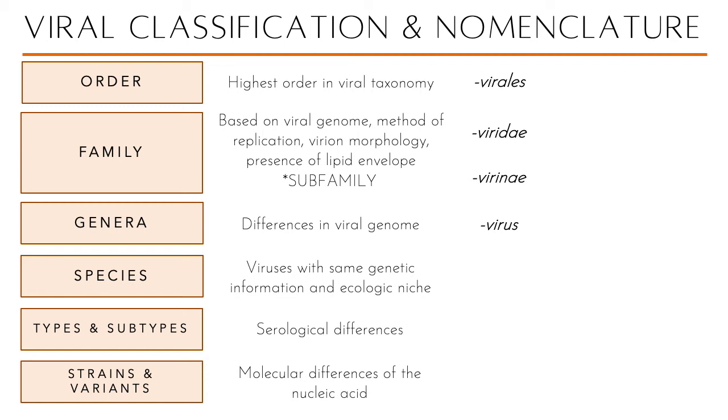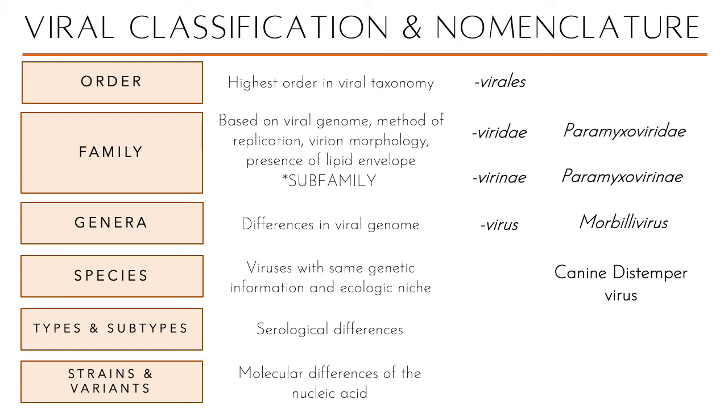That's specific. So let's, for example, start with a common virus, the canine distemper virus, right? The canine distemper virus is the species, okay? And the genus for this virus is Morbillivirus. The Morbillivirus belongs to the subfamily Paramyxovirinae, which, so easy, the family is Paramyxoviridae, right? And Paramyxoviridae is one of the 4 families which make up the order Mononegavirales. Now,